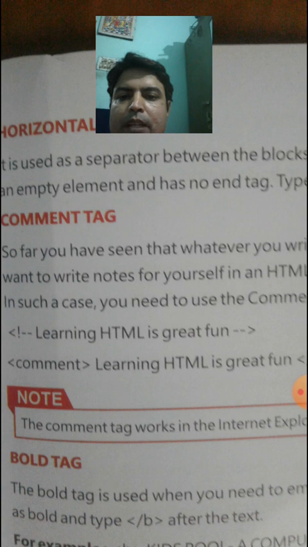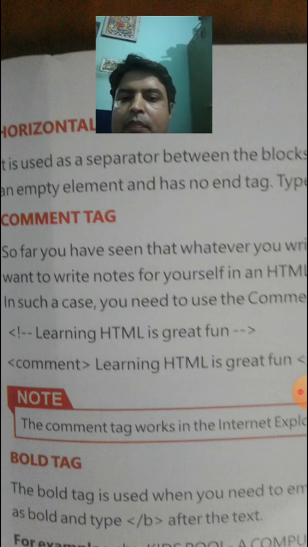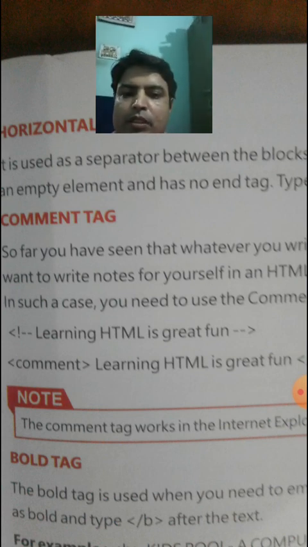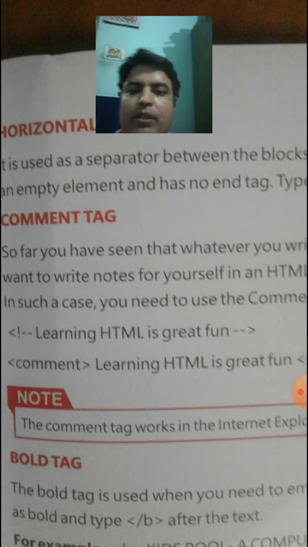Here under the paragraph of comment tag we can see an example of how a comment is applied. If you want to apply a comment, the less than sign starts and next to the less than symbol a note of exclamation mark is inserted. It indicates that the text we write, which we don't want to be displayed on the screen, follows. Learning HTML is great fun. This is the text that we don't want displayed on the browser window.